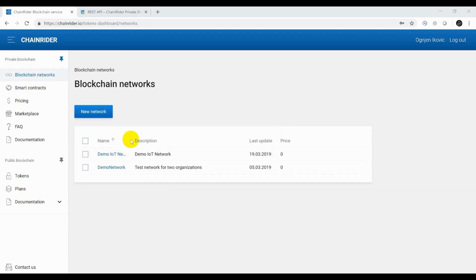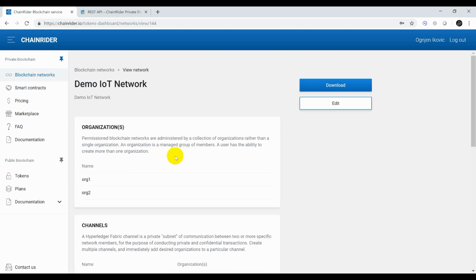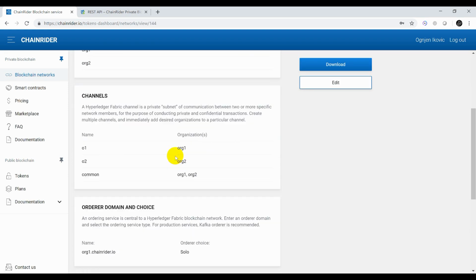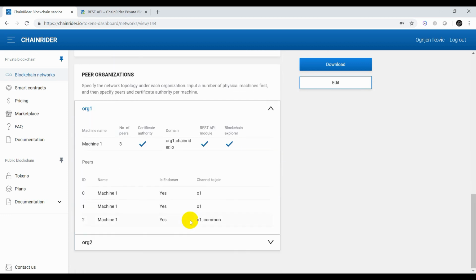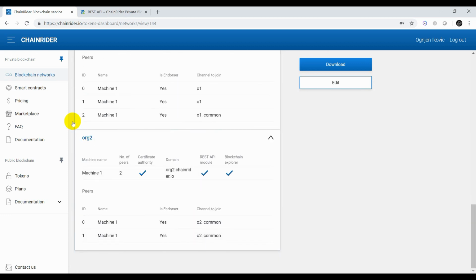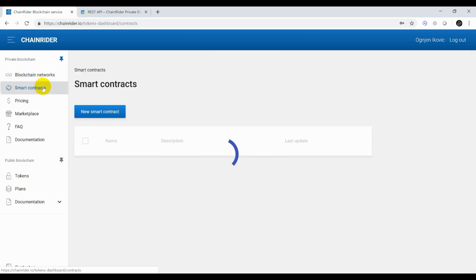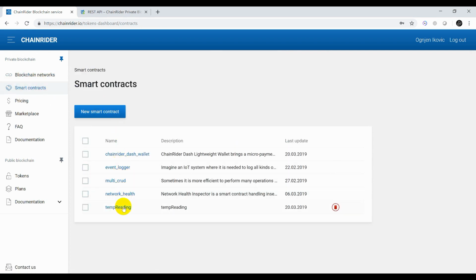Hello! So far we've used ChainRider to create a Hyperledger Fabric blockchain network and a chain code for saving temperature readings for our home IoT system. Then we have deployed the blockchain network, which is up and running. In this video we'll show you how to install and instantiate smart contracts. In Hyperledger, a smart contract is referred to as chain code,